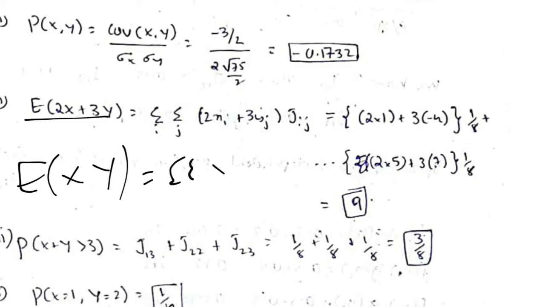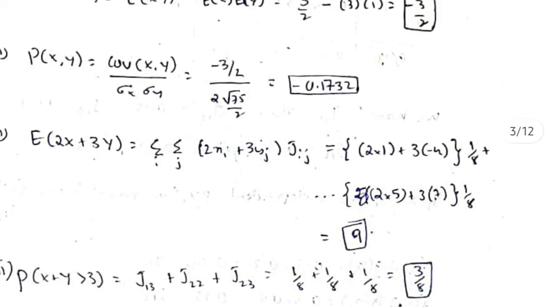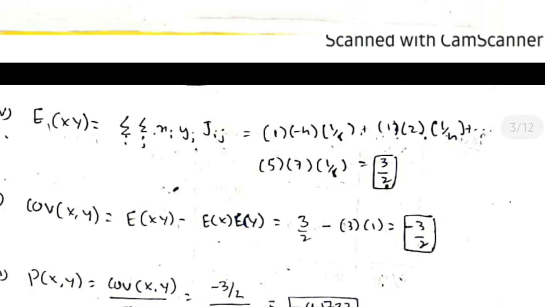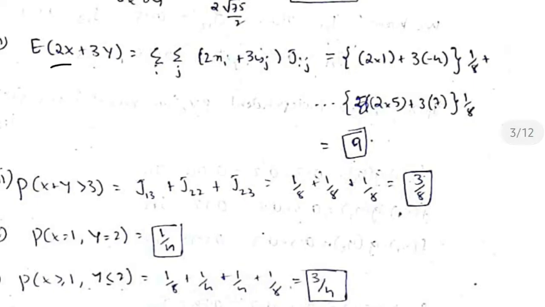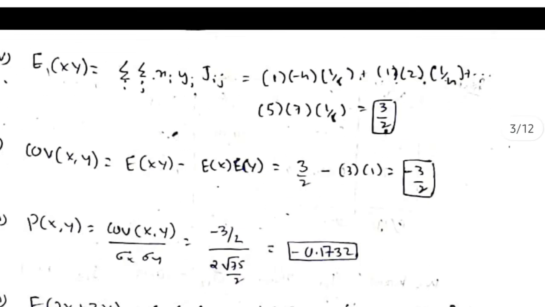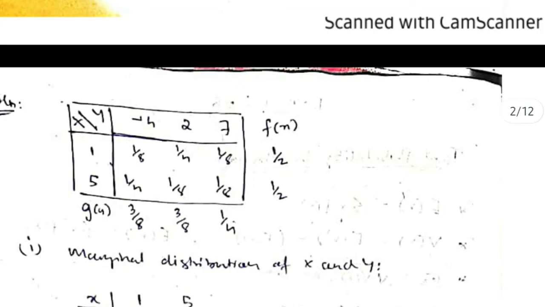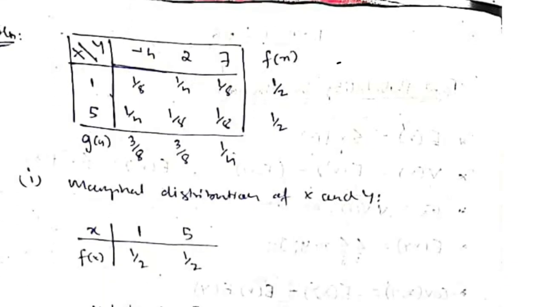2 times summation x into y into j, right? This one was done earlier. Here we did x into y into j for E of xy. Now instead of xy, what we have is 2x plus 3y. So what we'll be doing is looking at this table here, and then we need to find out